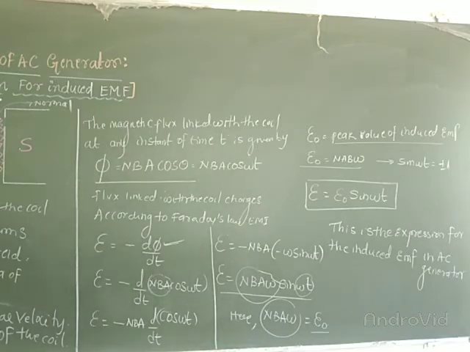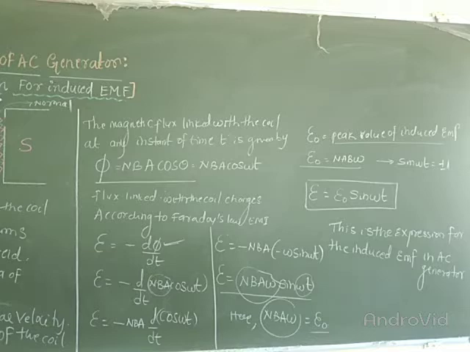The maximum value of the induced EMF. Therefore E is equal to E naught sin omega t. So this expression is called the expression for the induced EMF in case of an AC generator, and this is also called the sinusoidal EMF. This is a very important expression, and you have to remember the derivation. Next, let us discuss the next point, that is,